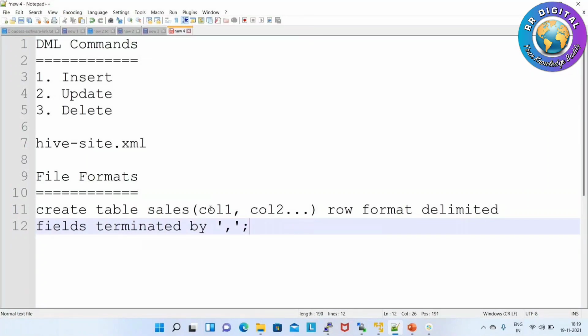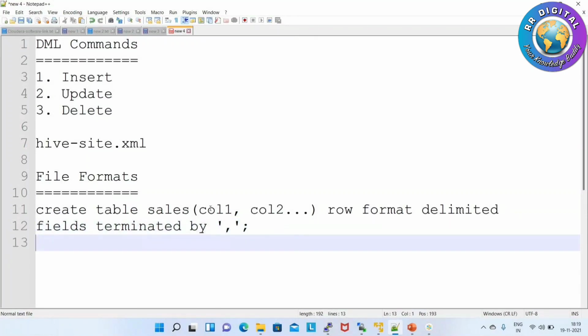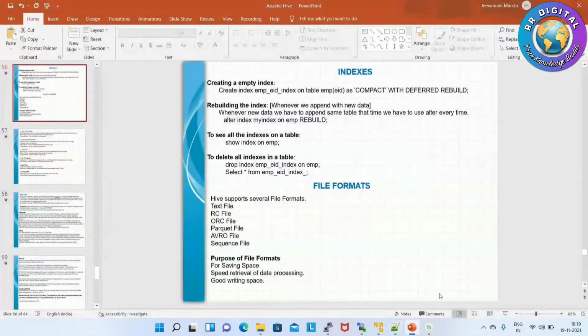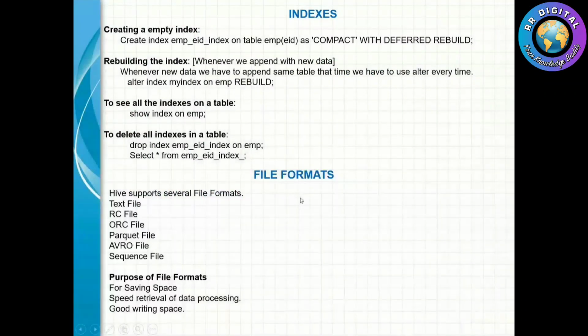Generally in Hive we use create statements like this. Here we are not specifying any file format. If we do not specify a file format, by default it will consider it as a text file format.